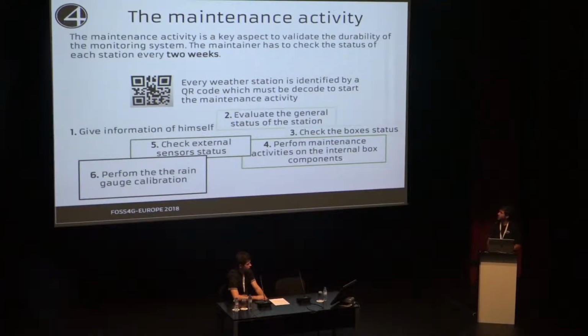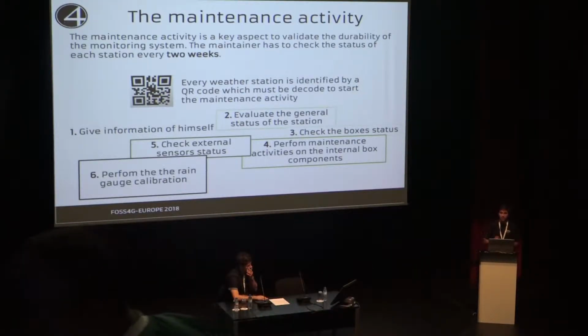Basically, every station has a QR code, and the form with ODK Collect has 6 sections. The first one is to give information about the maintainer. The second, to evaluate the general status of the station. Then the third section is to check the box for any holes that can let water inside. Then there is the fourth one, to perform maintenance activity on the internal box components, so you can check if